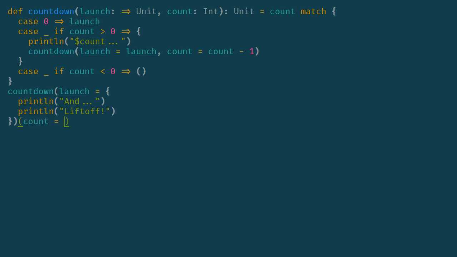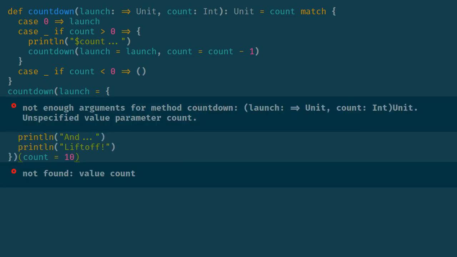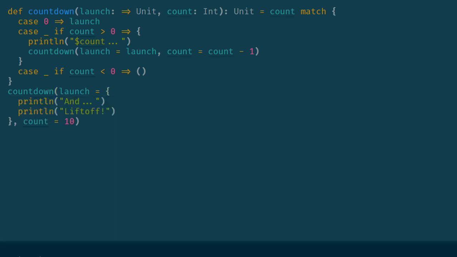Okay, and the count we'll just say is 10. Okay, and now, oh, hang on, not enough arguments for method countdown. Oh, okay, sorry. Alright, so this should just actually evaluate in the worksheet, and then we'll see in the console output, okay, actually I did not put the right thing, you've got to actually prefix strings with this S for string interpolation,